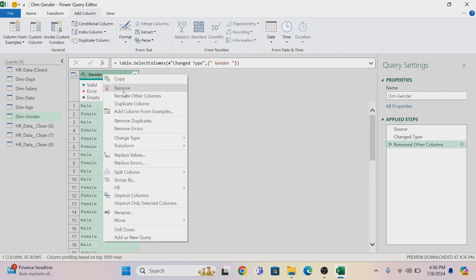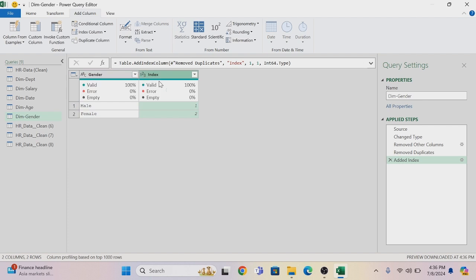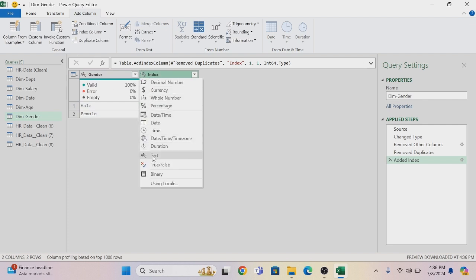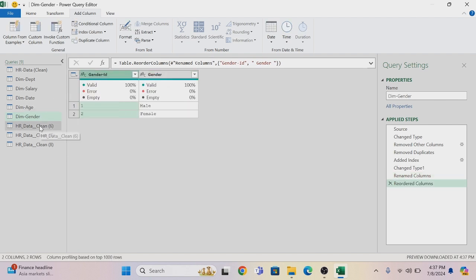Right click here and say remove duplicates. Go to index from 1. Change this to text. And we're going to rename this as gender ID. Let's move that to the front. Okay, next,